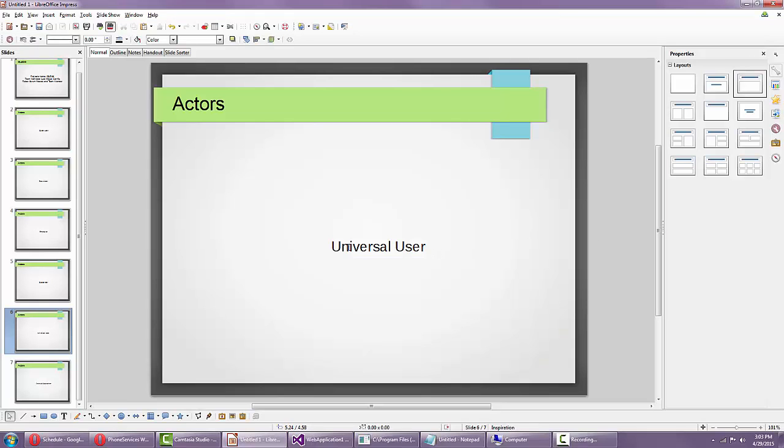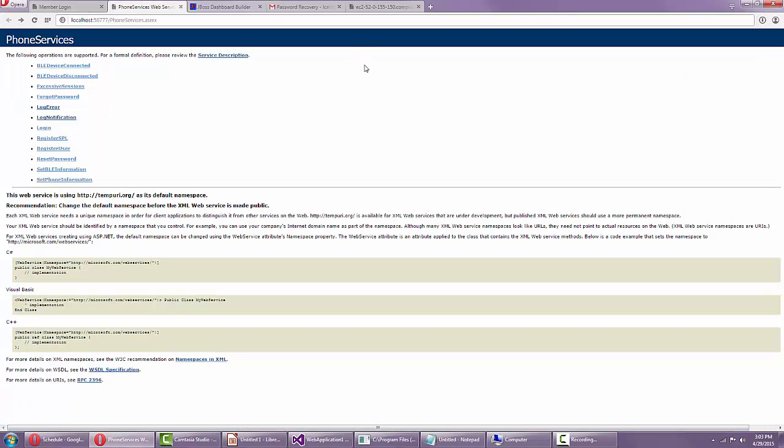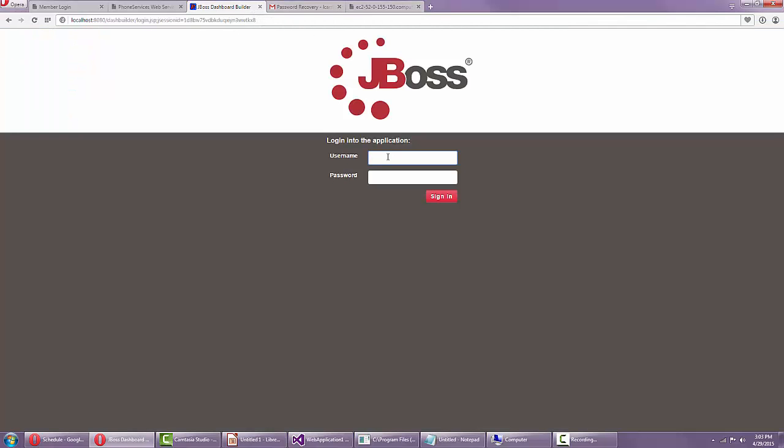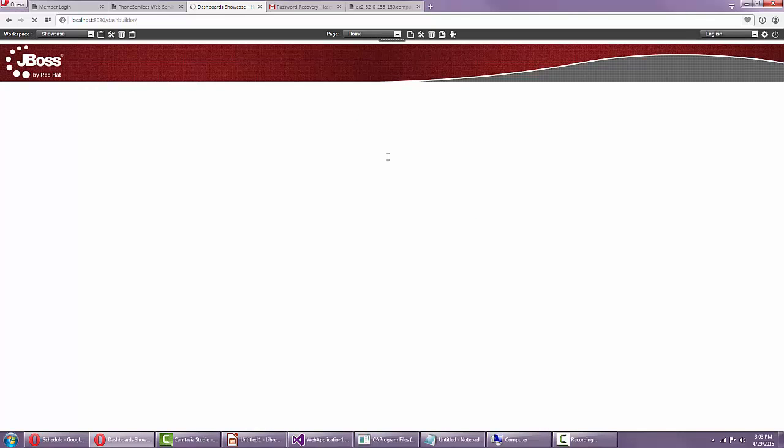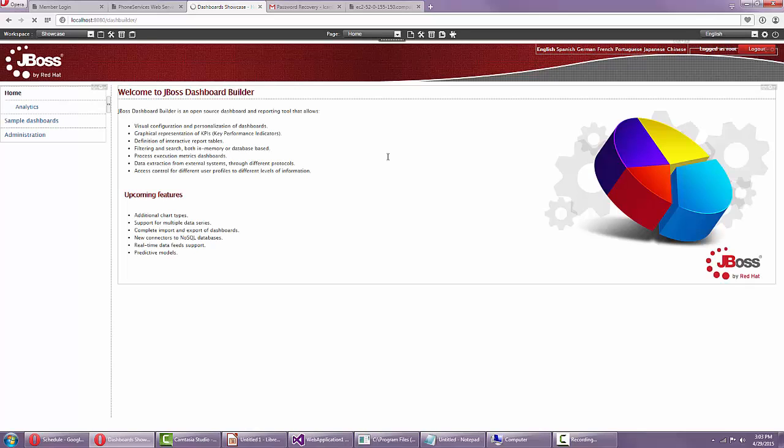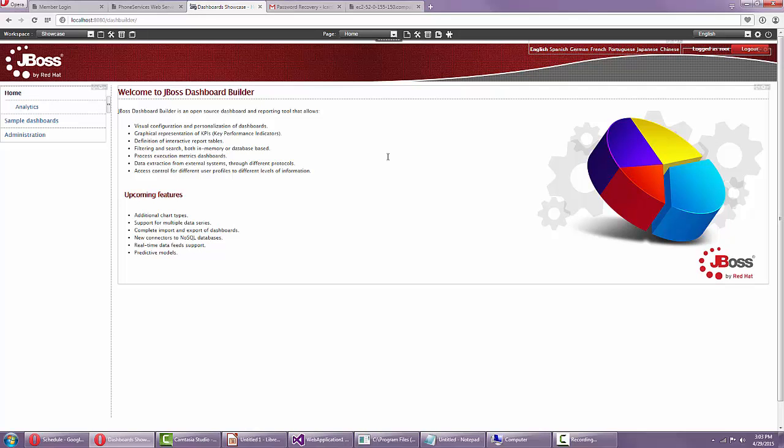Finally, the last actor on the system, universal user. The universal user is going to have access to analytics. Here, the user logs in. In this case, we are logging in with the root account. Afterwards, this screen is presented to the user. The user clicks on Analytics,